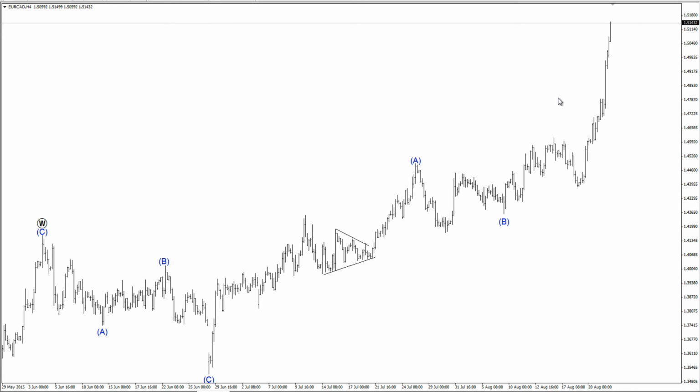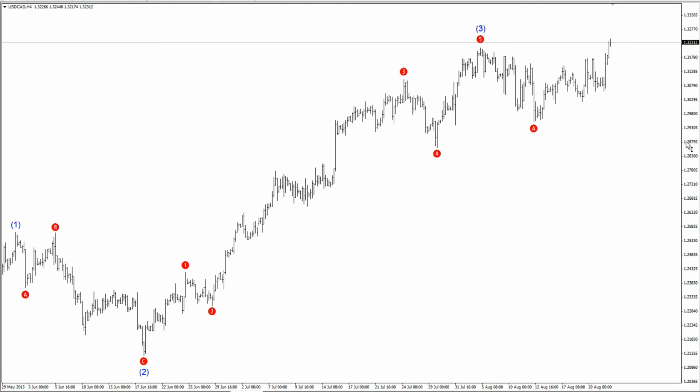Finally we have US dollar Canadian, and also a new high made here, but my wave count is proposing that this is a B wave correction, so this should be contained quite soon. The price is now 132.3, and key levels for US dollar Canadian: the next downside support is the latest high at 132.12, and 133.8 on the upside would be